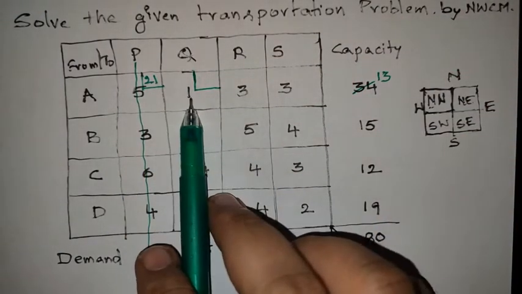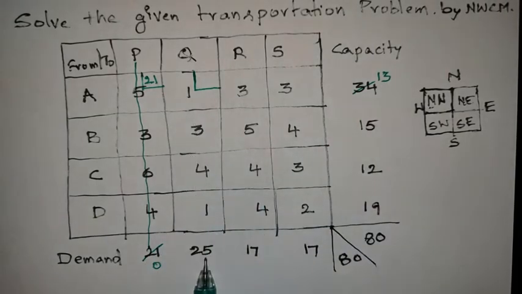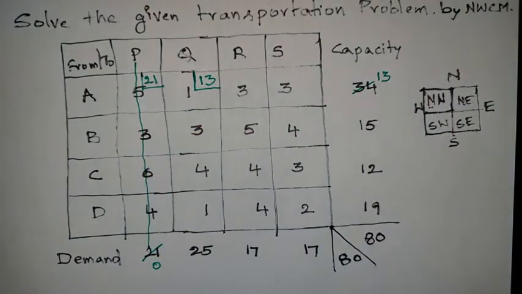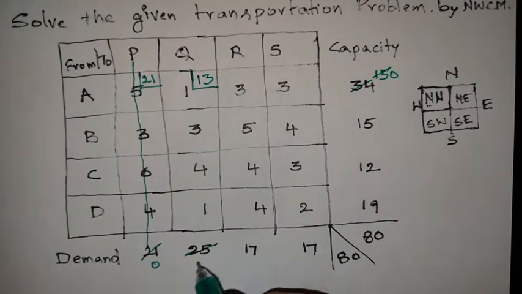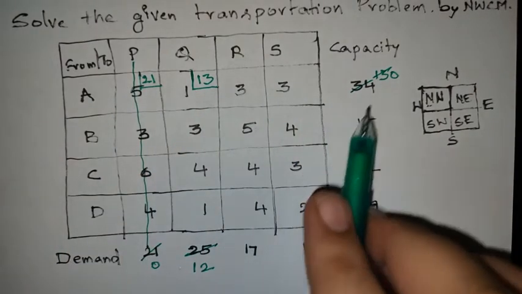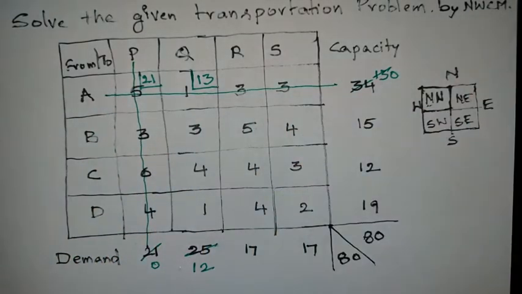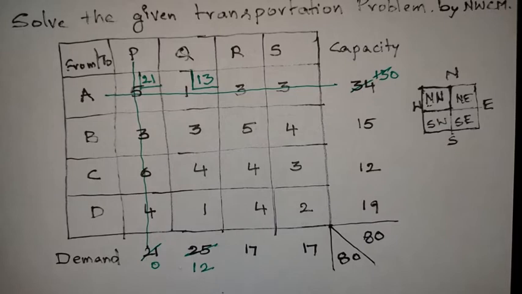So here, if you take this cell, the capacity we can supply is 13 units and the demand is 25 units. We have only 13, so we can supply only 13 units. So here the supply will be 0, and there is yet a demand of 12 units, right? This row became 0, so strike off this row. Next, this one. So now what is the remaining table?